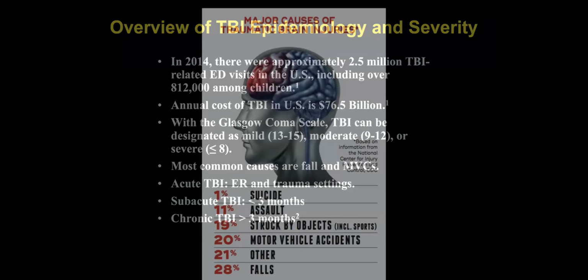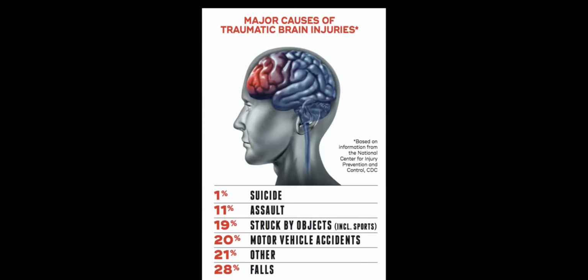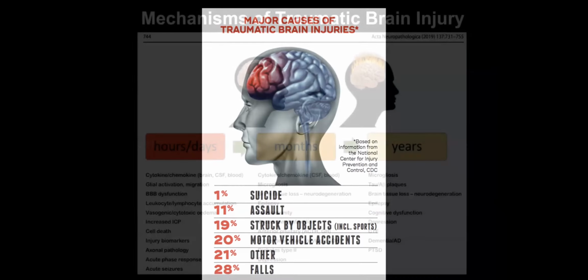And so again, to recap from the CDC, the biggest causes by far of traumatic brain injury are motor vehicle accidents, falls, and other causes, which can be a variety of different elements of an event. Interestingly enough, sports, while pretty common, are not as common as motor vehicle collisions and falls. Those are by far the most common causes that we see from any one single event.